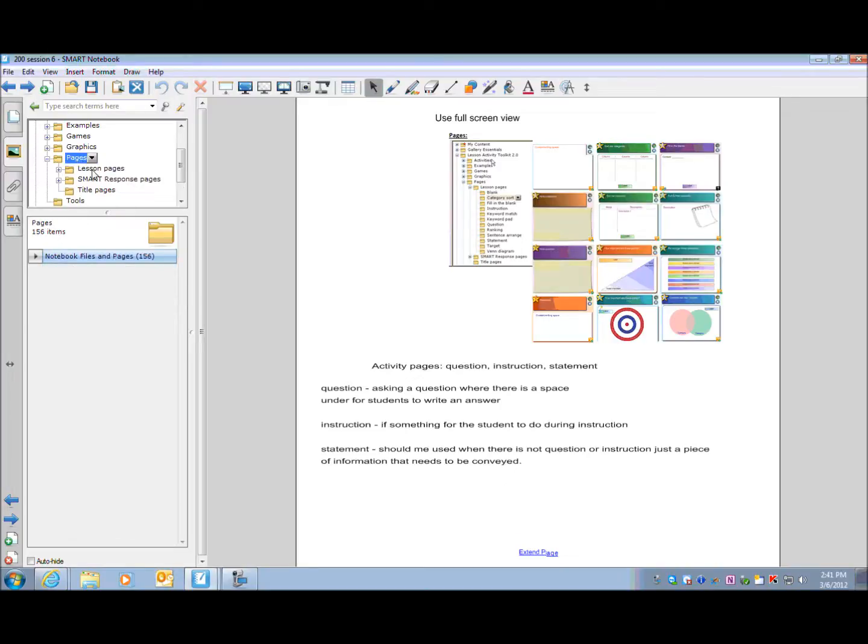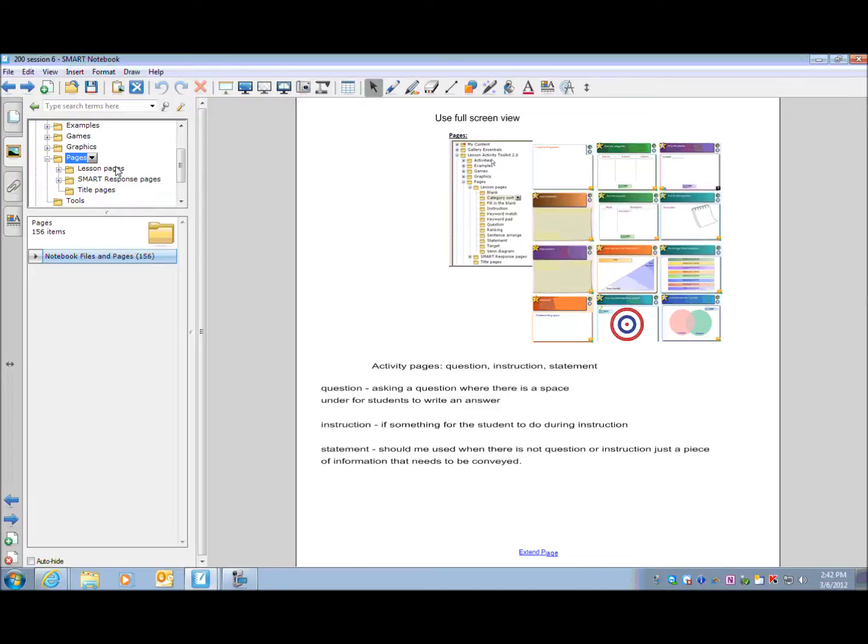So when we select pages, you're going to see these three different types of pages. We have the lesson pages, and you'll find some similarities between them and the activity templates that are interactive, Flash-based. Some will emulate those, and some are just pages that they've created so that you have a few things there that you can copy, paste, and clone to make basically a full lesson from them. So we're going to go through some of these different pages that are available,